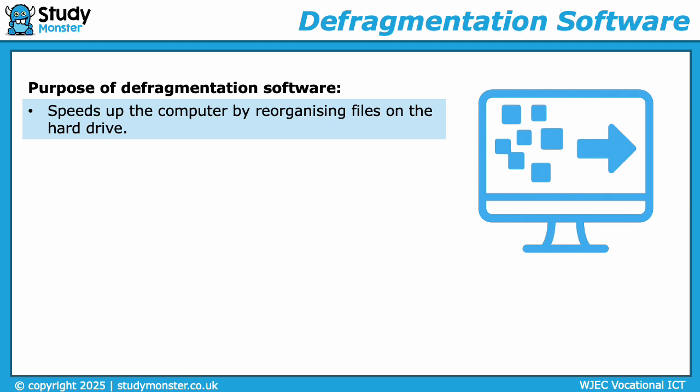You wouldn't use defragmentation software on a solid state hard drive because they only have an X amount of read and write cycles. It's not needed anyway, because data on an SSD can be accessed immediately regardless of where it's stored. But because of the limited read and write cycles, it's going to reduce the lifespan of your